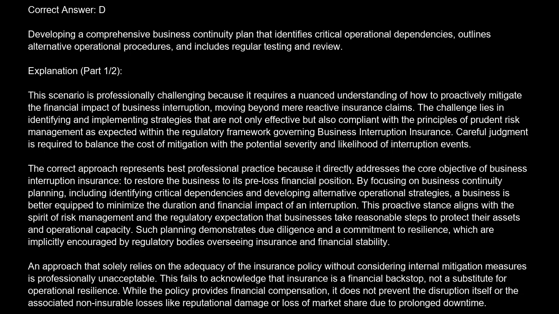This proactive stance aligns with the spirit of risk management and the regulatory expectation that businesses take reasonable steps to protect their assets and operational capacity. Such planning demonstrates due diligence and a commitment to resilience, which are implicitly encouraged by regulatory bodies overseeing insurance and financial stability. An approach that solely relies on the adequacy of the insurance policy without considering internal mitigation measures is